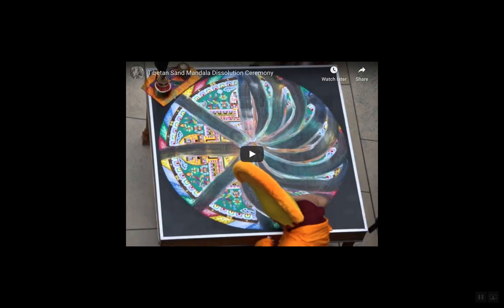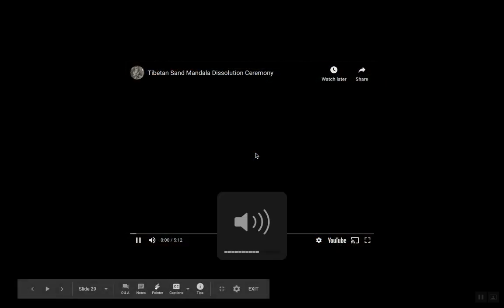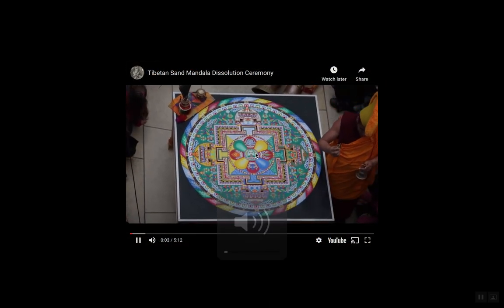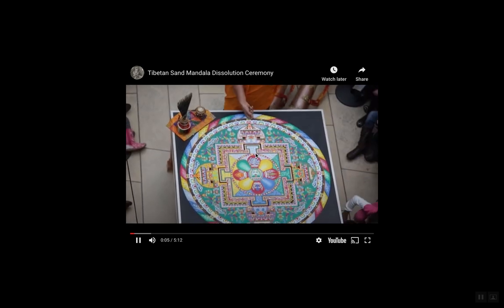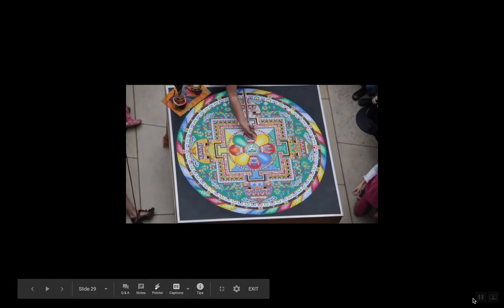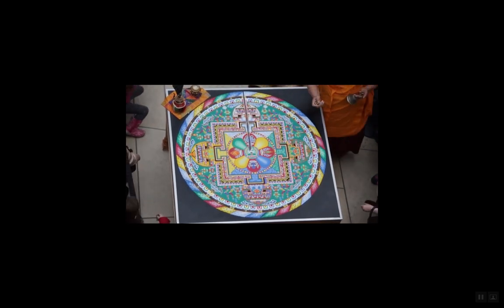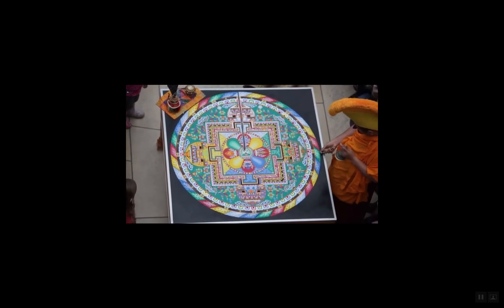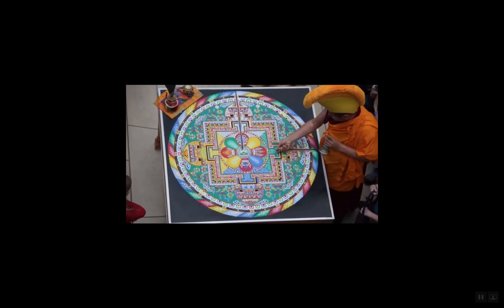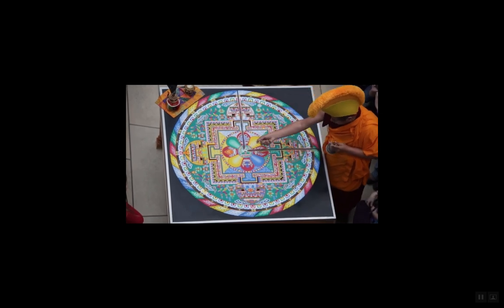Okay, I wanted to show you this. As I was looking at sand art mandalas, I got intrigued by what's called the dissolution ceremony. At the end of making these beautiful mandalas, they actually destroy them. And it's pretty methodical and it's intentional, but I don't know if it's satisfying to watch them tearing down these beautiful pieces of art or if it's cringy. You can decide, but they do it for